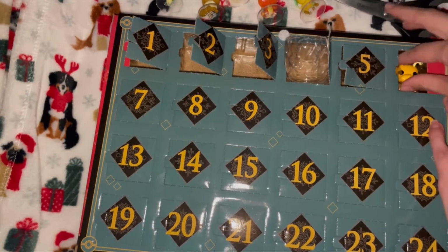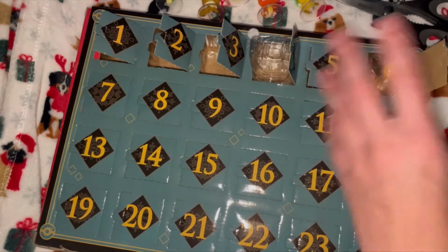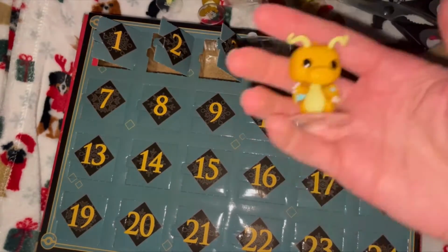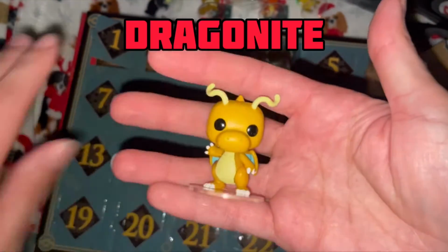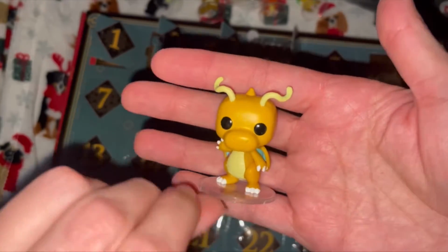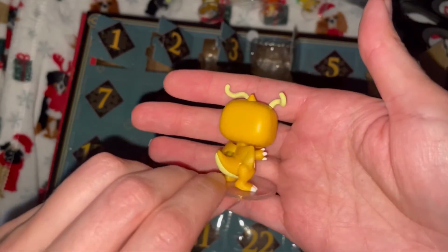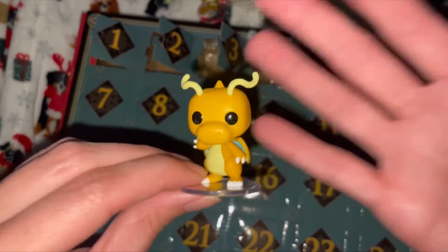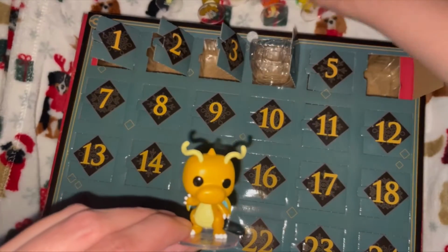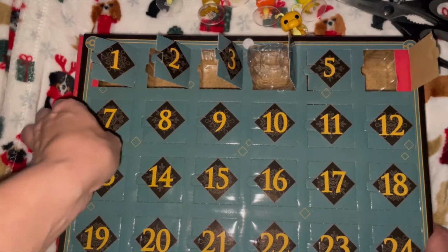Dragonite, I know this one. Literally, whoever invented this setup with these doors did a terrible job. So this one is Dragonite. This was another one of my favorites growing up because this was the first hologram card I ever had. And it was so pretty. Oh my goodness. I don't know what happened to all my Pokemon cards. Knowing young me, I probably threw them out because irresponsible. And behind door number 7 is...